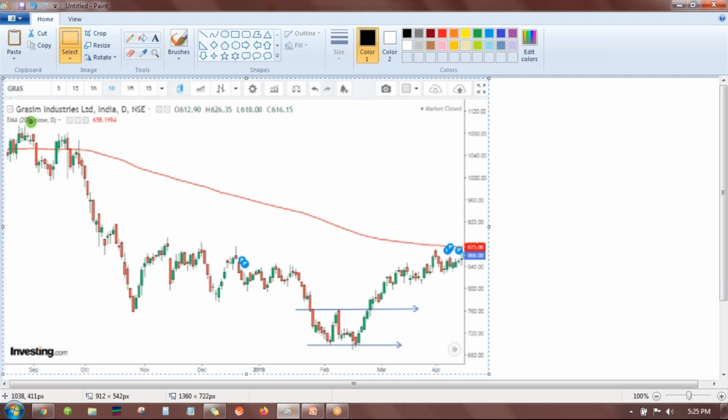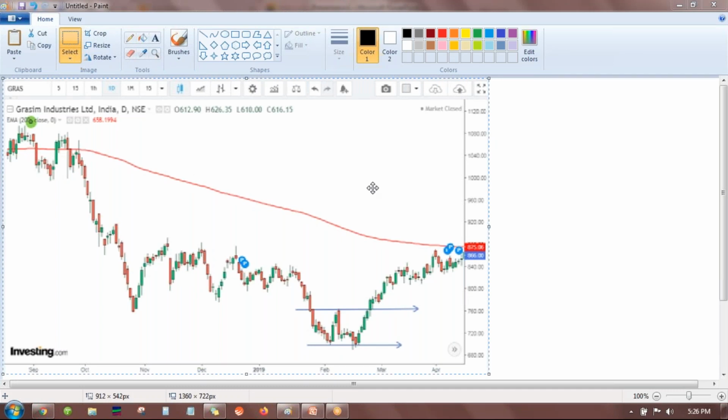Okay, so do not get into the thinking that the stock market is a get-rich-quick kind of thing. Stick to a bigger time frame. Once you get experience in that, try to shorten your time frame. For example, start trading with a daily time frame, then come to a 4-hour time frame, then 2 hour, then 1 hour. This is what all traders should do, rather than just jump onto an intraday chart.